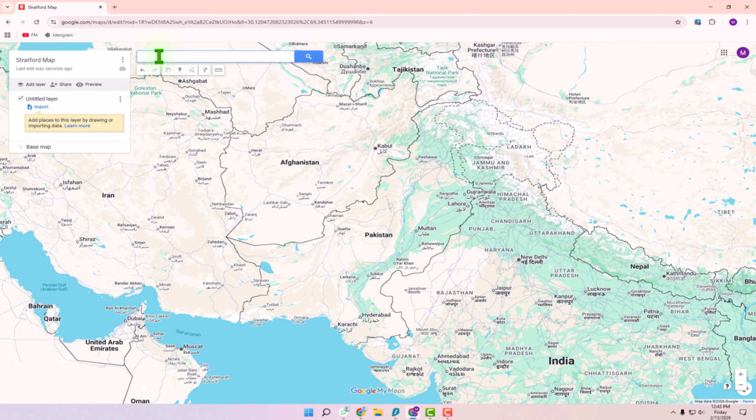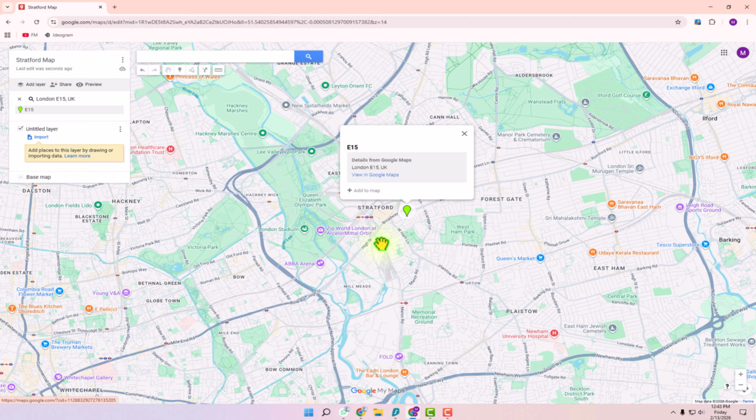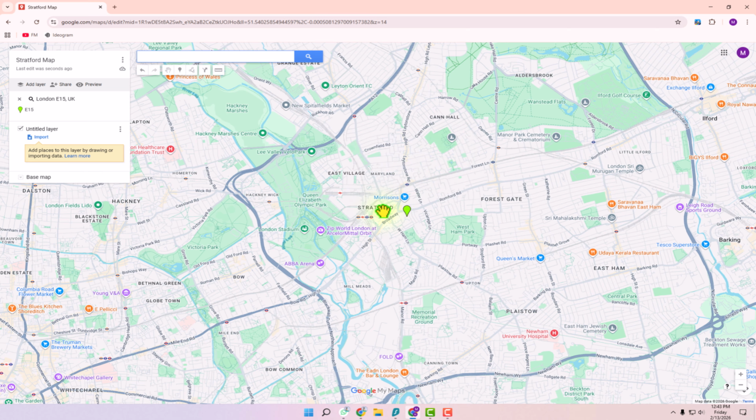Next, go to the search bar and type your desired location. I'll type London E15. Click on the location or pin that appears, and the map will zoom into that area. Simply search for any relevant location or district you want. Here you can see Stratford and nearby places like Olympic Park and Westfield Shopping Centre. If you're visiting London, Stratford is a great place to explore, with a large shopping centre and a beautiful park